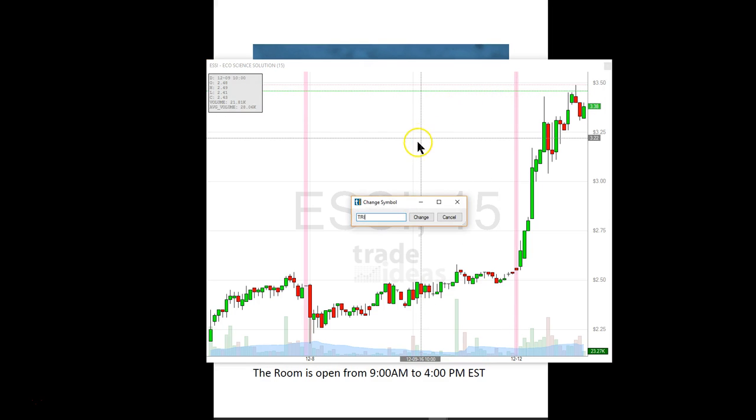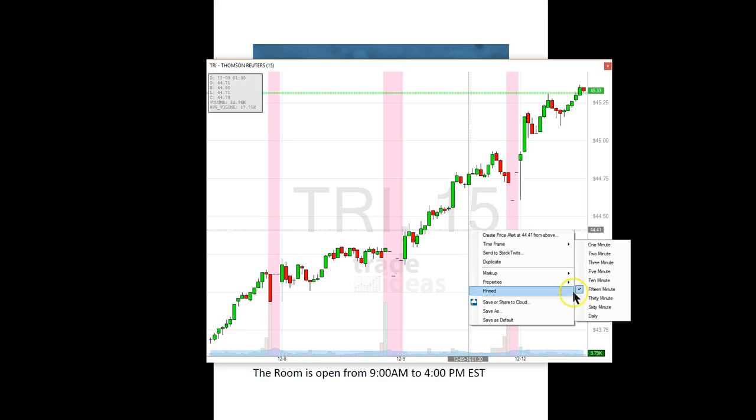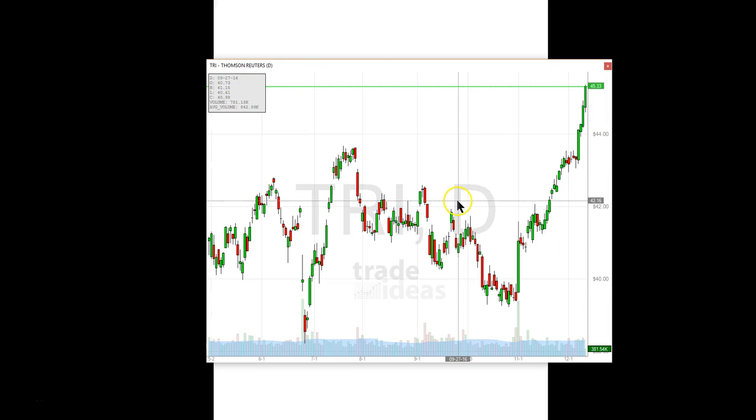TRI again. I'm still in it. Probably pretty tight to the SPY. I'm in at 45.31. So really not doing too much right now, but you never know. I mean, I don't think there's very much resistance. I think that's the other reason I took this. Yeah, if I move all the way back, I couldn't see any resistance. So